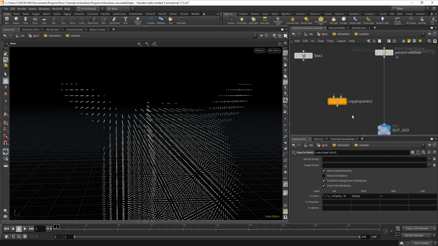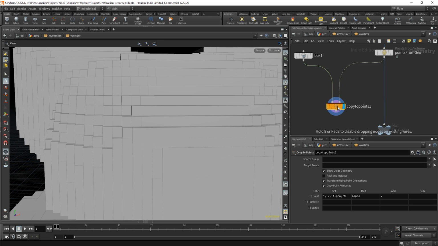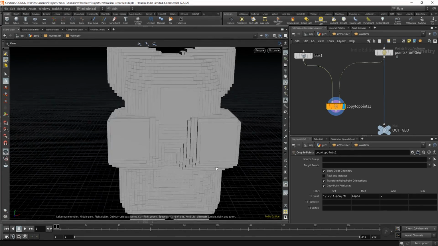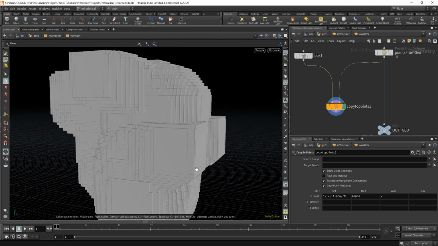And whenever you forget what the inputs are in a sub, or what kind of data you should provide, just hover the mouse on them, and you'll see that, for instance, here the first input is the primitives to copy, and the second input is the target points to copy to. So we'll connect the points we have to the second input and the box geometry to the first input. There you go. So we have our Pikachu. You can see it kind of vaguely here, but